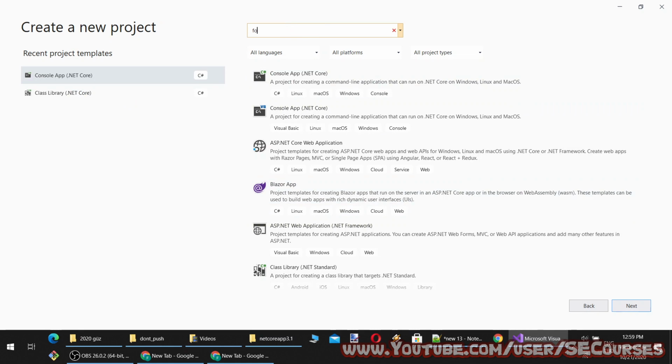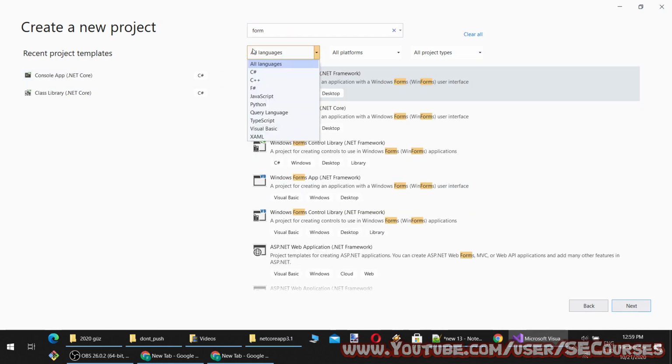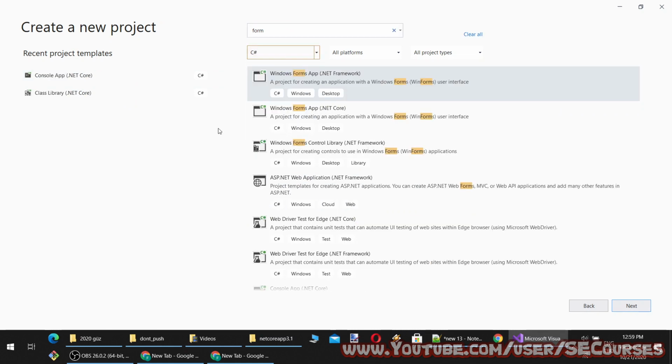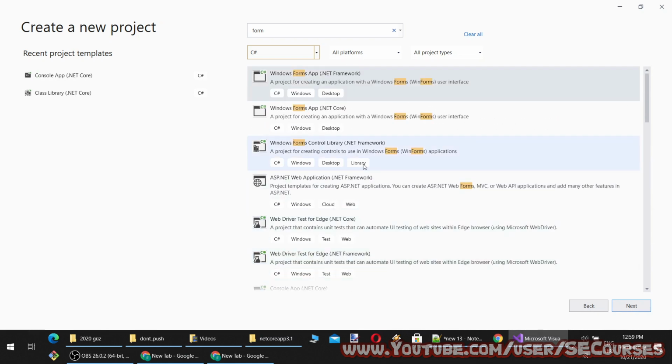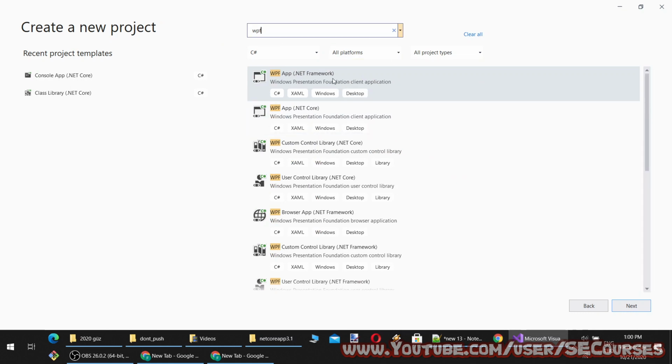When we are composing a C# desktop application, there are Windows Forms, which is the older technology of .NET Framework, and there is the recent technology which is called WPF. So I am going to compose a WPF .NET Core.